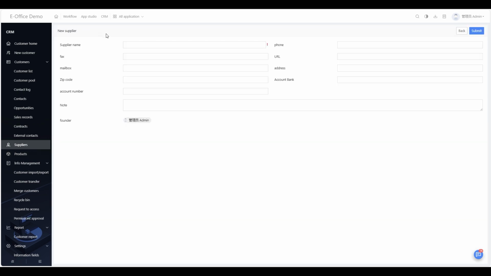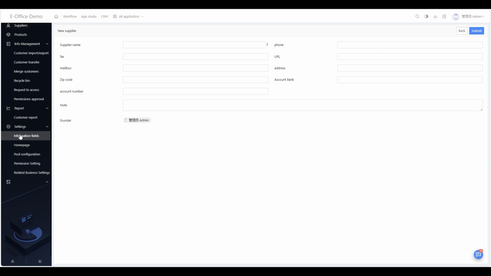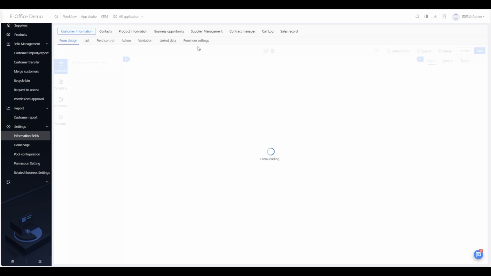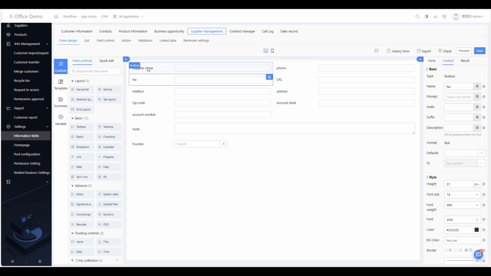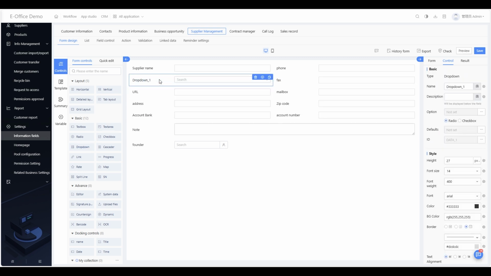And for the supplier, when you are adding a new supplier, right? This form you can give an editable design which is customizable by going to the setting information field. You can see that there's a supplier management. So you click on this supplier management. You can design your own form design like supplier name, phone, right? So this supplier name you can also add something like a drop down box on here. Then you change it to maybe